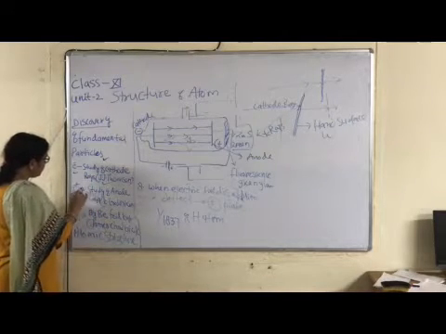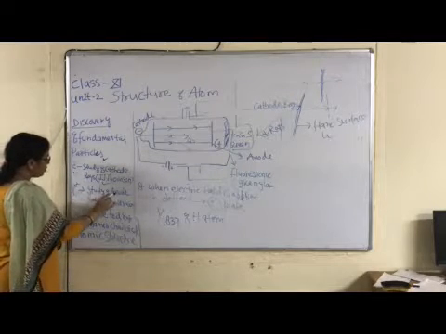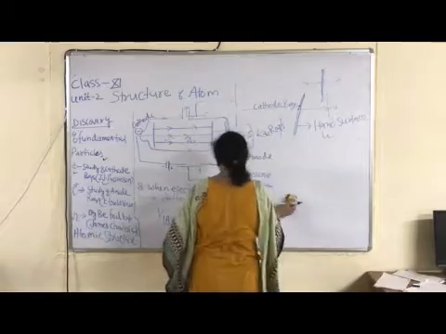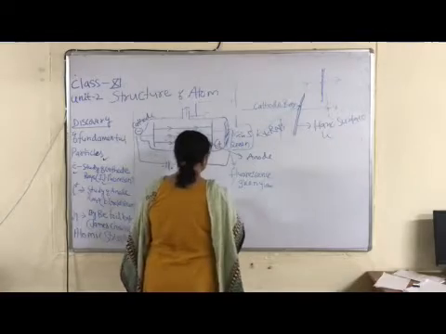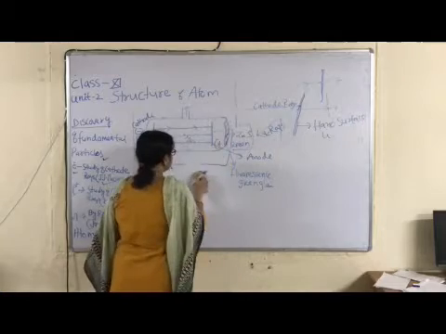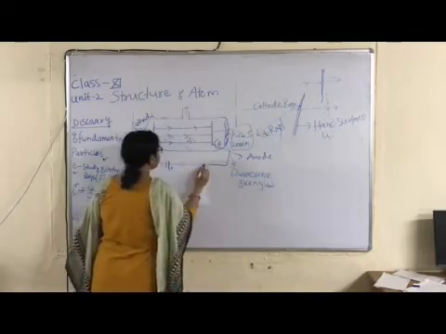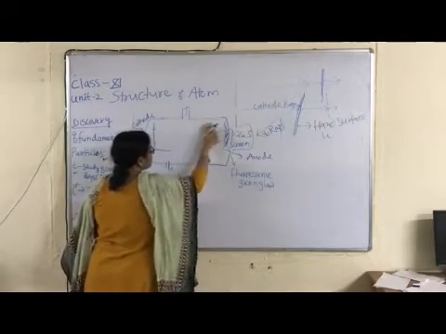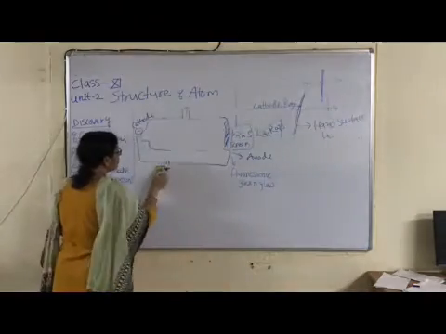Now next, the fundamental particle of an atom is the proton. The symbol of the proton is P+. The study of anode rays by E. Goldstein. Now the same arrangement is required for this anode rays experiment. E. Goldstein used a perforated cathode, and the directions of both electrodes are just opposite. I am showing you the different directions.